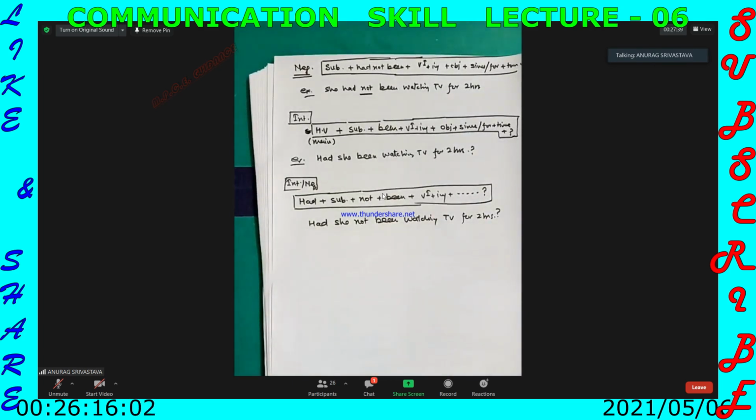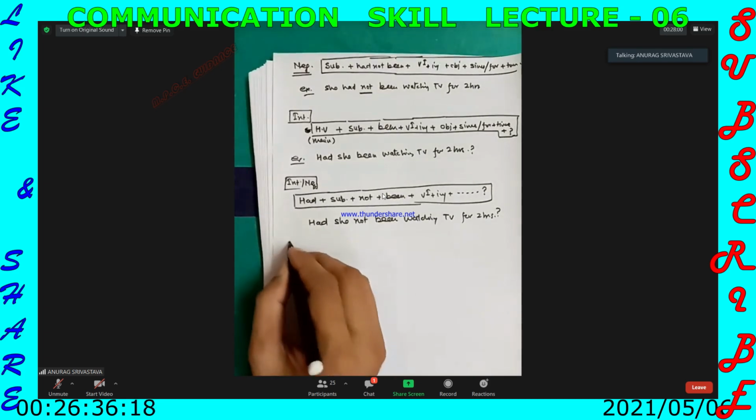It is the negative interrogative form of the sentence. Clear? So these are the basic types of sentences, that is affirmative, negative, interrogative and negative interrogative, written in the past perfect continuous tense. Now we will discuss some other types of sentences written in